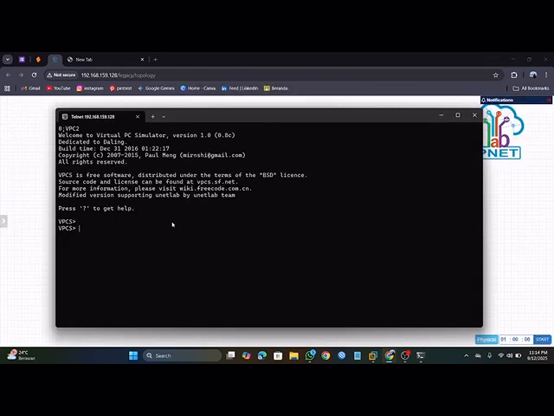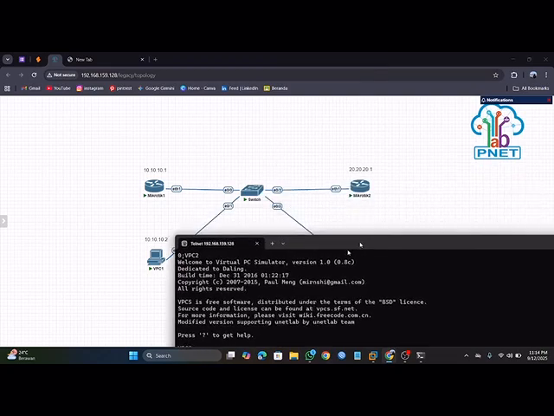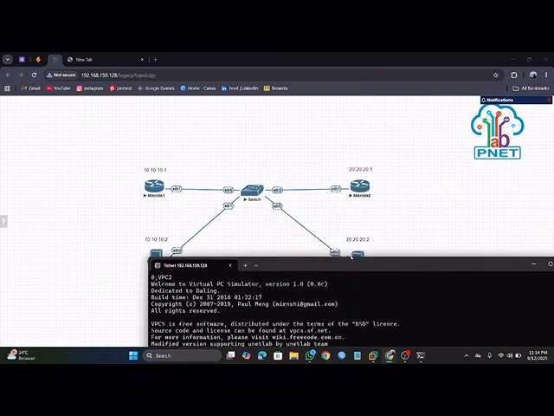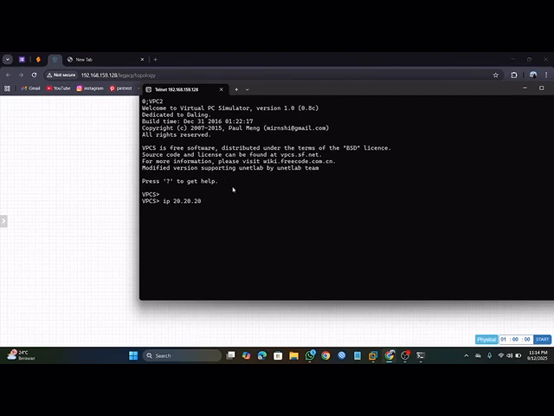And then you type IP from this IP, and IP again, then press enter and process. Okay, success.